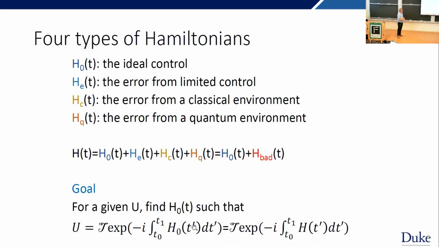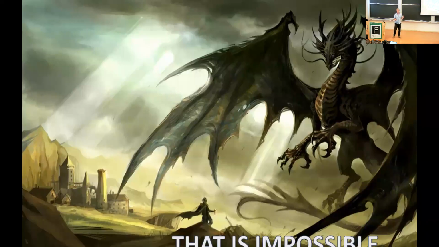operators such that the thing we wanted to do, which is just integrating the good Hamiltonian for some time, we do with the full Hamiltonian with all the bad parts. And it's possible because all these paths connect back together. Now, the problem is, in this kind of generic picture, we don't have any information about this. And so in some sense, your first reaction should be that it's indeed impossible.